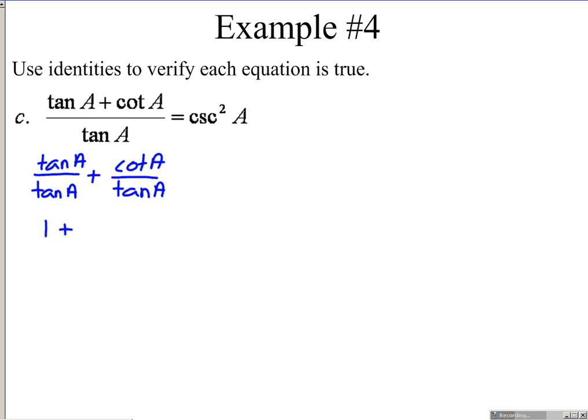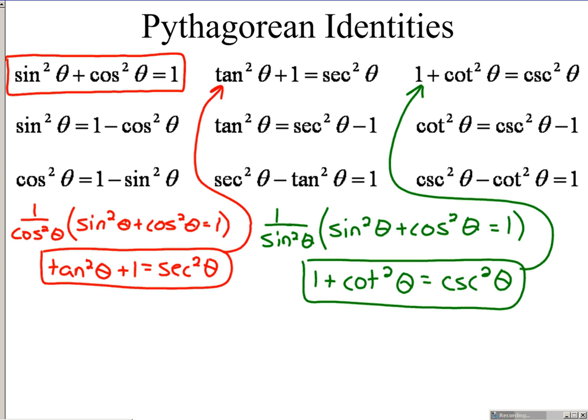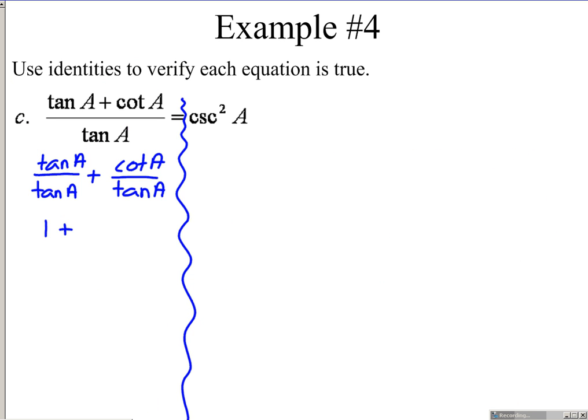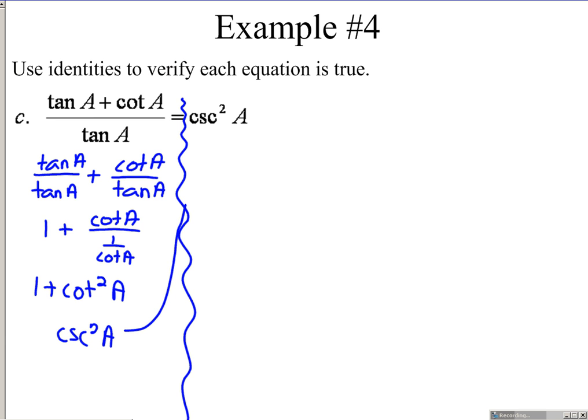If we keep an eye on what we're trying to show here, we need to show that this is equal to cosecant squared. If we look at our Pythagorean identities, cosecant squared is associated with cotangent squared. So that's going to help us get our next step here. We want cotangent. We do not want tangent. Well, how can I rewrite tangent in terms of cotangent? That's 1 over cotangent. Multiply up by the reciprocal. We get 1 plus cotangent squared. And now if you look at your identities, 1 plus cotangent squared is cosecant squared, which is what we needed